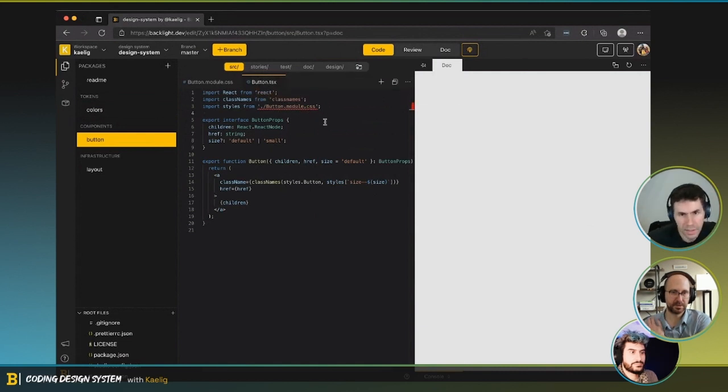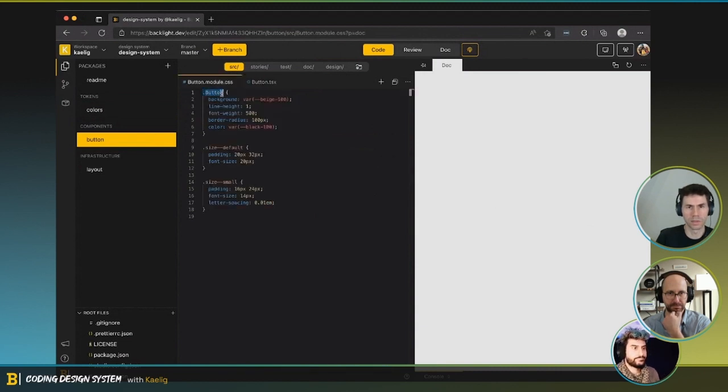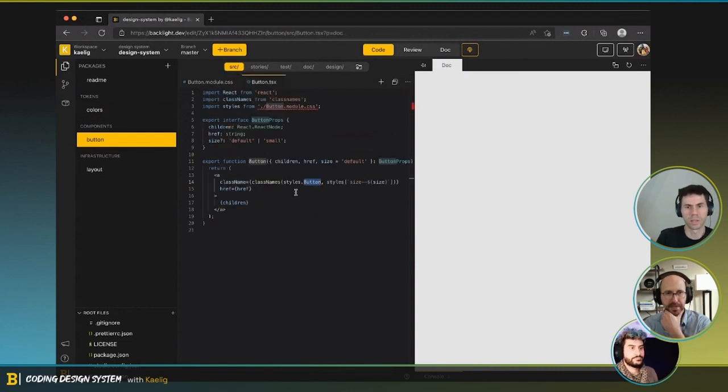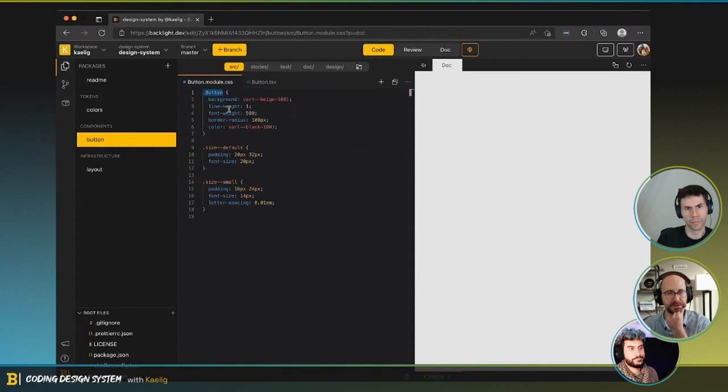Just the fact that it's named .module.css, it understands that it's a CSS module, and then the style is loaded properly, and you have this class, which is here. This is all good. Yeah, you're going to want to rename the CSS properties in the CSS because they don't have the prefix. So like beige 100 should be color palette beige 100.